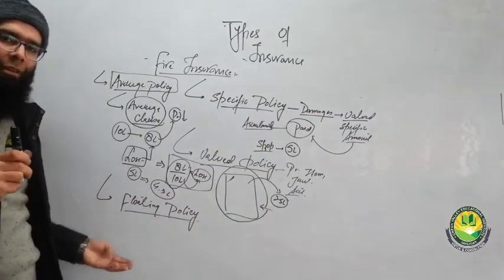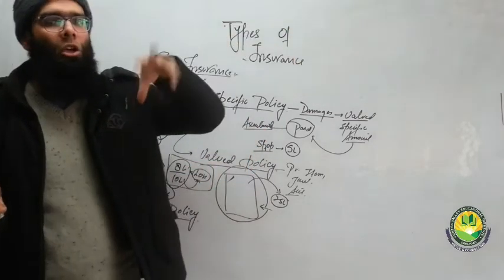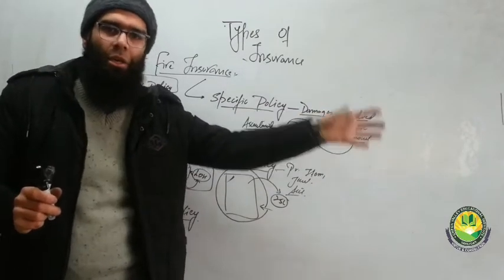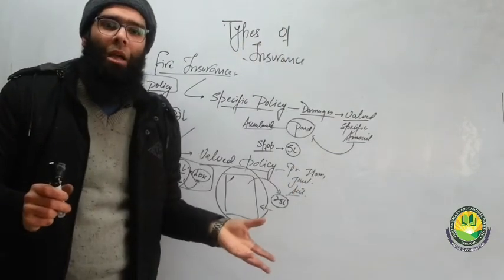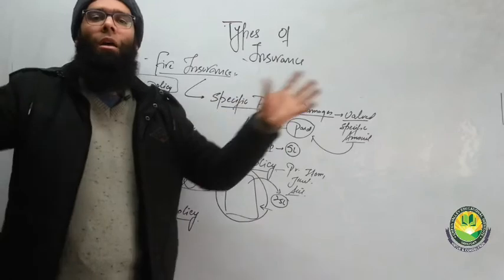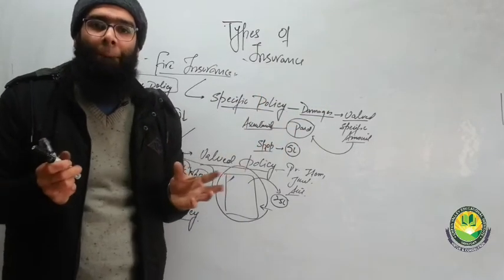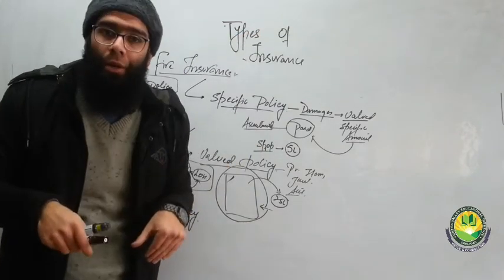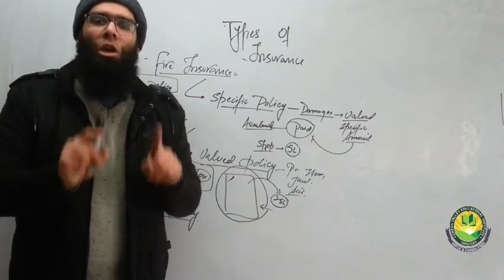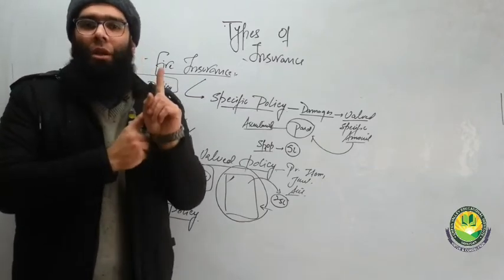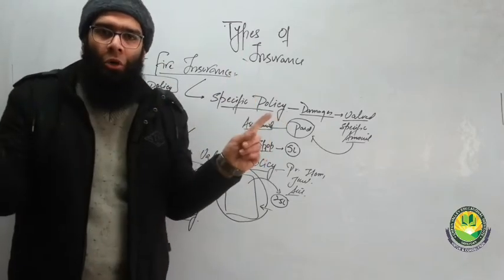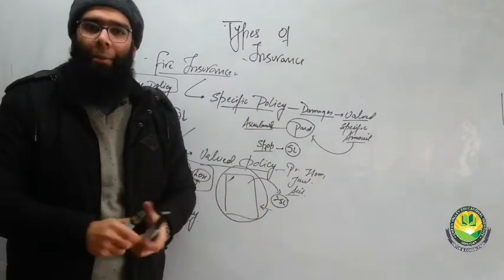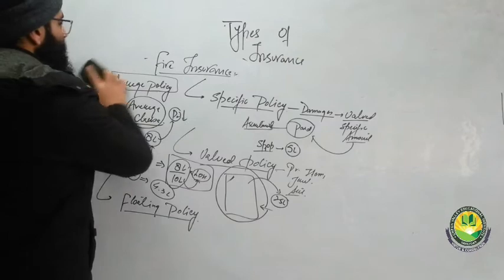So the floating policy will float from one place to another. Wherever the damage occurs, let's suppose the damage occurred in Delhi, the damages will be ascertained and according to the policy, the compensation shall be paid. Normally I would have to go and have different policies in different states, but a floating policy provides me the whole cover for all these shops in different places. But the condition is that those shops should belong to a single owner. It cannot have multiple owners. If it has multiple owners, then a floating policy shall not be possible. Then you may take other policies which you would like. So these were the types of fire insurance.